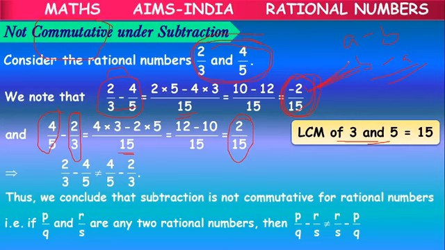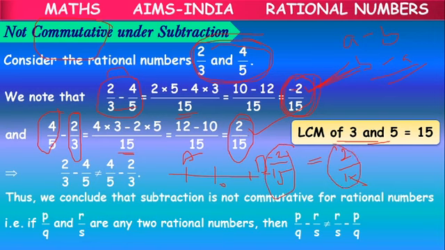We are getting 2 by 15. In the earlier case, we got minus 2 by 15. In the present case we got 2 by 15. It means they are not equal, because minus 2 by 15 is to the left of 0 on the number line, and 2 by 15 is to the right of 0. On the number line, one is on the left of 0, one is on the right side of 0. It means they represent two different positions.